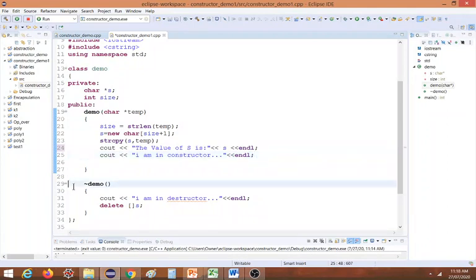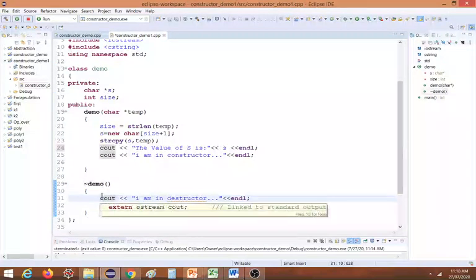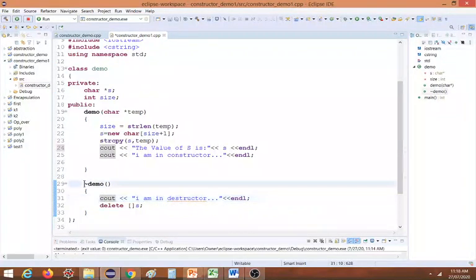Then the destructor. This tilde is a special sign used to indicate that this is a destructor. Now what is a destructor? A destructor is used to destruct or deallocate the memory which was allocated previously by using the new operator, that is, dynamic memory allocation. Is it always necessary to use a destructor?